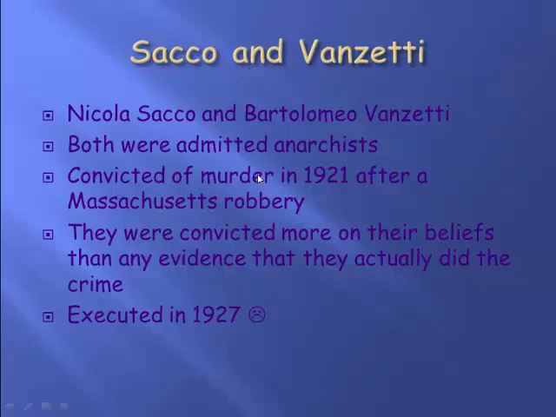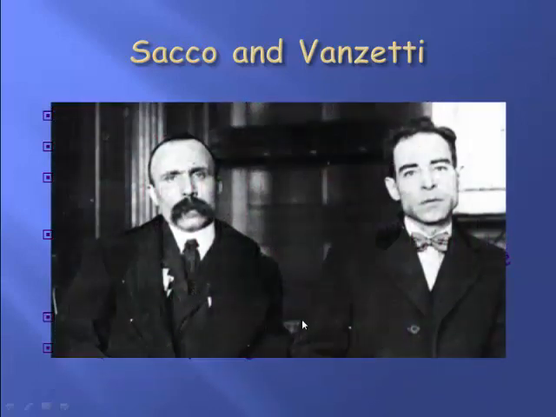And once again, what are we doing with something we're afraid of? We're getting rid of it. We're taking away people's rights and getting rid of it, right? In 1977, the governor of Massachusetts actually came out publicly and said that that should have never happened. Those guys should never have been given the electric chair, and they basically should not have been killed. So there's Sacco and Vanzetti, and it's kind of a sad story, right?